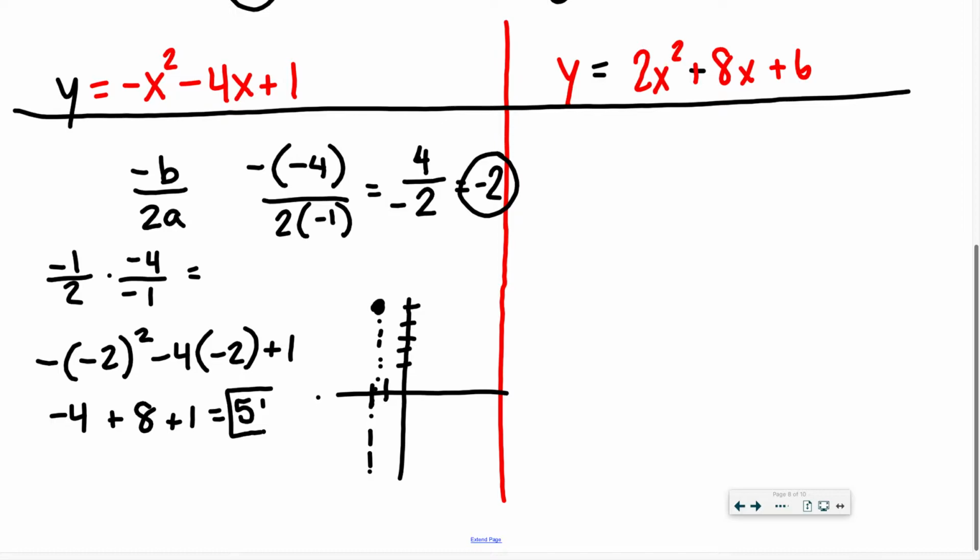And what's the y-intercept? 1. So where x is 0,